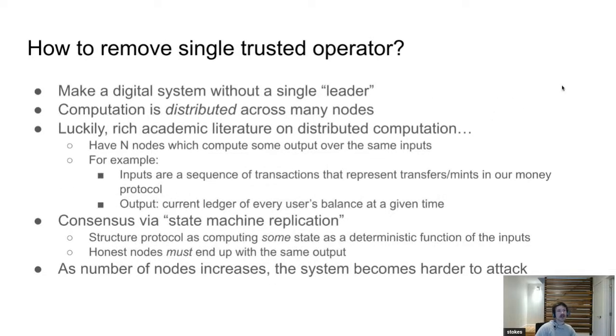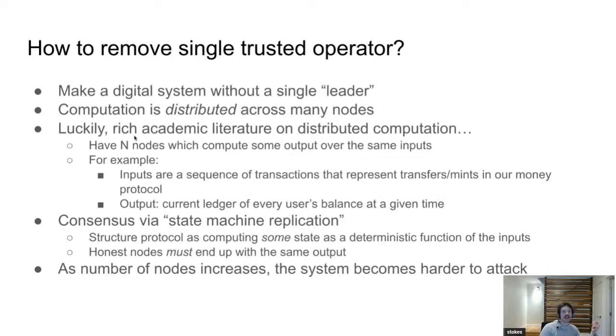So let's try to think about how we would remove this straw man protocol with this single trusted operator. It turns out it's pretty hard. So again, the obvious thing is, I have this thing, there's one single party that is a point of failure. A very direct thing is just to say, well, get rid of the single leader, the single operator. And the way you would think about doing this is, rather than having one node in the system that controls everything, you distribute the protocol across all of the nodes.